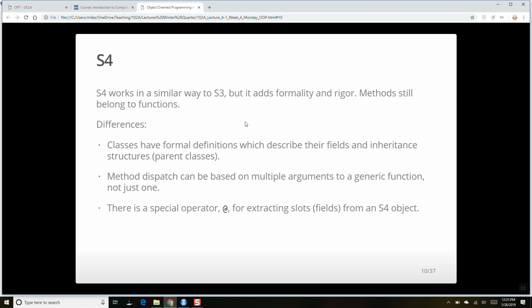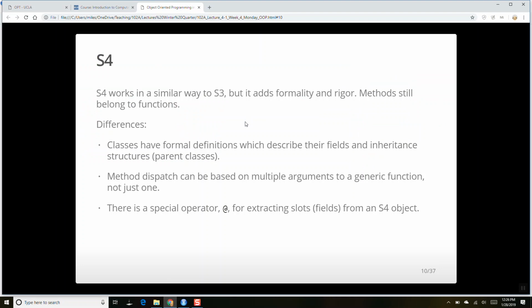With S4, we've got the same system, generic functions that behave differently for different objects, but everything is formalized. We say, if we're going to have a class called K, we are going to have a definition of what it means to be of class K. And everything that's going to be of class K needs to fit this structured definition, okay?